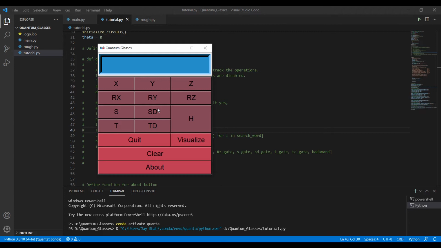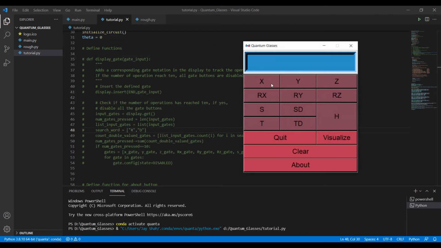So in this video, we will particularly focus on a single thing: whenever we press these buttons, the corresponding notation should be visible over here on the screen. And the function that you can see here helps us to achieve that. Okay, let's demystify this.